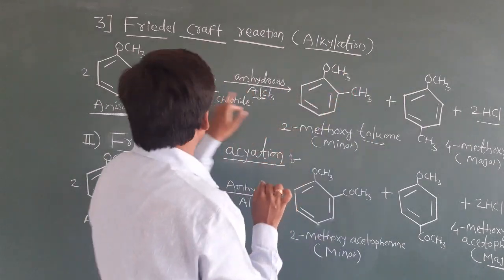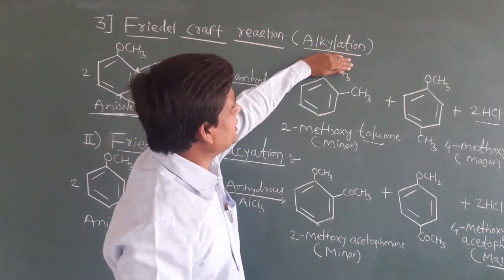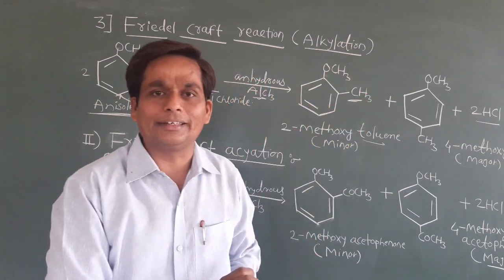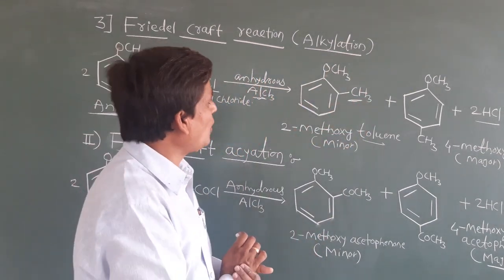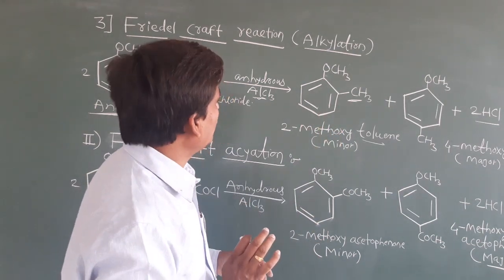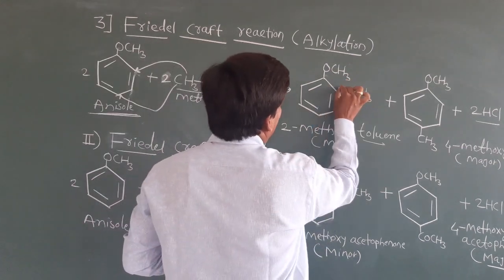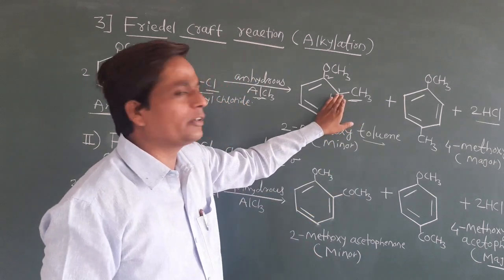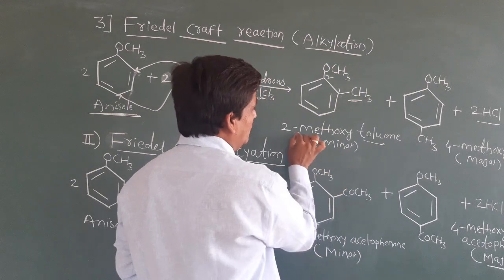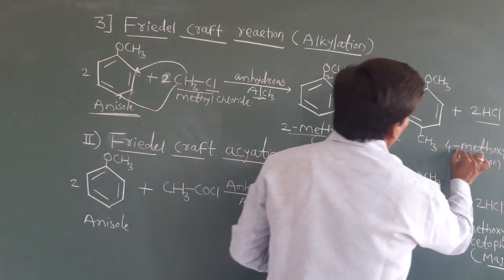Just see, this CH3 is attached at the ortho position. When this OCH3 is not there, only the benzene ring containing the CH3, we can say it is toluene. This is also one of the chemical compounds. When a benzene ring is attached with a CH3 group, we can say it is toluene. That's why you can give the naming like this, 2-methoxy. 1, 2, this is the major compound, that's why we are starting numbering here, 1, 2. So 2-methoxy, OCH3 is the methoxy group, 2-methoxy-toluene. And here we will get 4-methoxy-toluene.